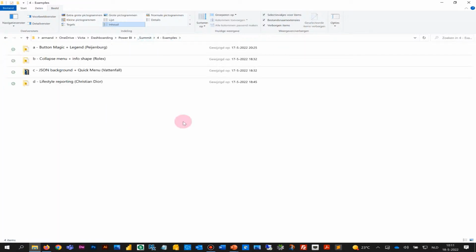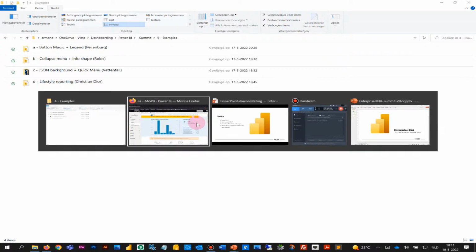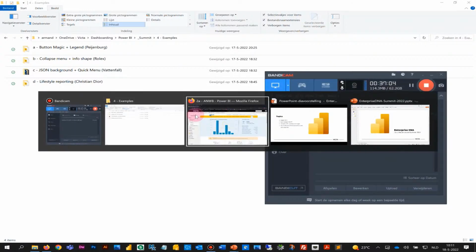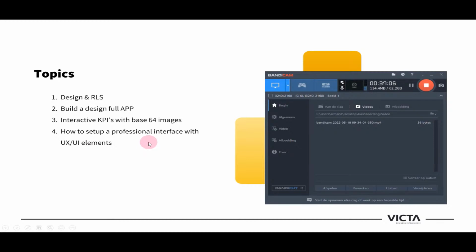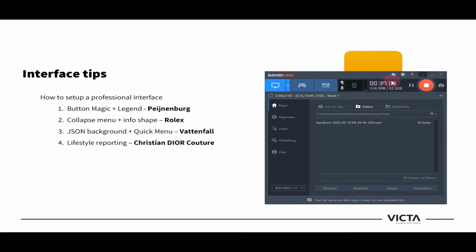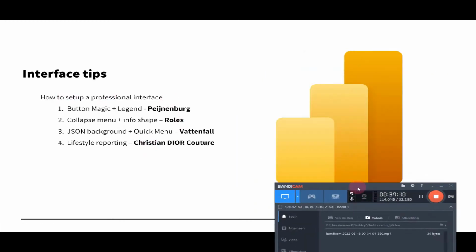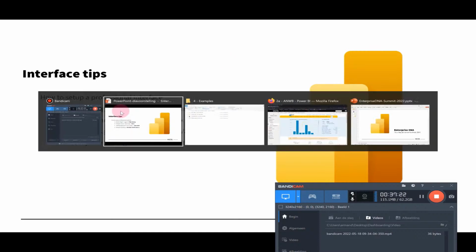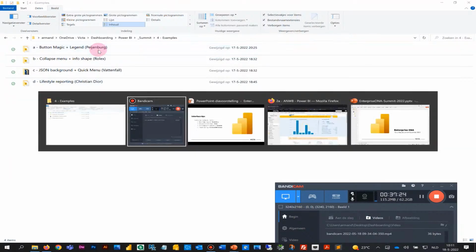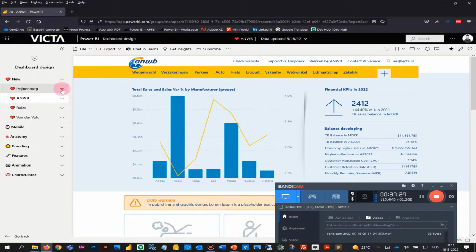Hold on. Well, for the third one, I have a lot of nice things I want to show you. For example, that's my fourth topic, how to set up a professional interface. So this is, for me, within 10 minutes I show you how I deal with certain environments, certain tricks, certain tips. So hold on, Pijnenburg, Button Magic and Legenda. So what I do is go to Pijnenburg, that's lovely food in the Netherlands,